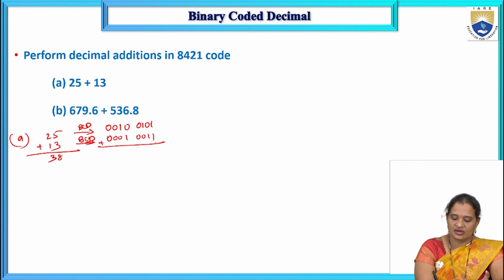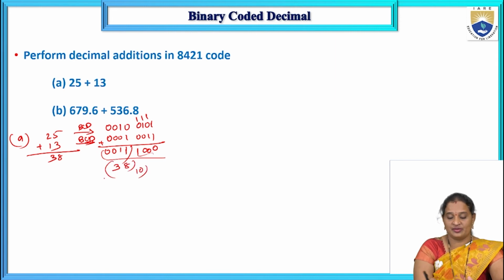Now perform the addition here. 1 plus 1, 0 with a carry 1. 1 plus 1, 0 with a carry 1. 0 with a carry 1, 1. Now 1 1 0 0. So is there any invalid BCD codes? No. Is there any carry from one group to the other group? No. So that is why all these codes are valid and there is no carry from one section to the other section. So no corrections are needed. And this one is represented as 3 and this one is represented as 8. This is the addition performed using BCD. Now coming to the second one,